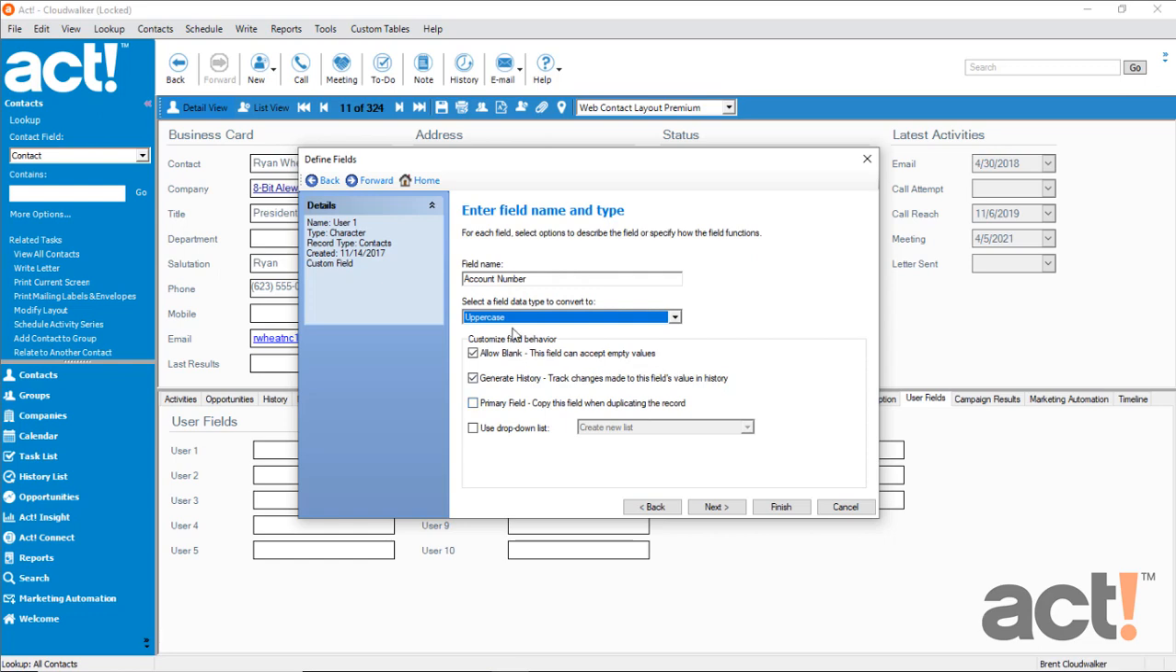Now let's look at the field behavior area below. I'm going to check the box to allow this field to be blank because I don't want to require that this field must have data in case we don't have an account number for every contact. Next, I'm going to check the box to generate history because I want to track any changes made to the data in this field over time. This is not going to be a primary field and I don't have a drop-down list for it, so I'm